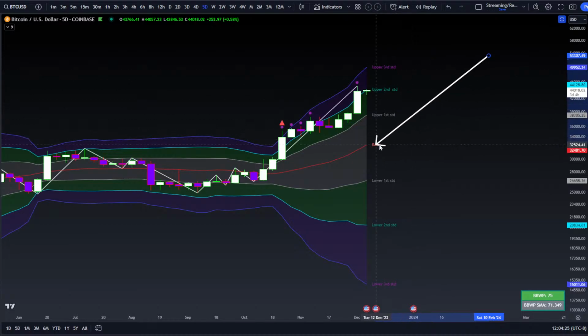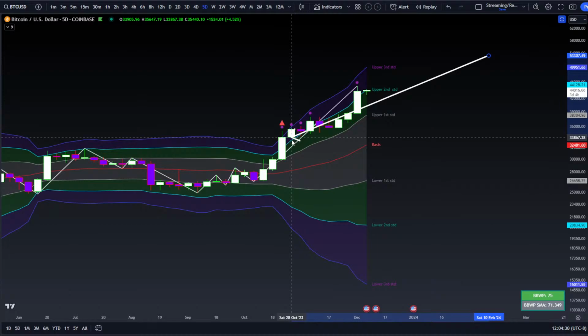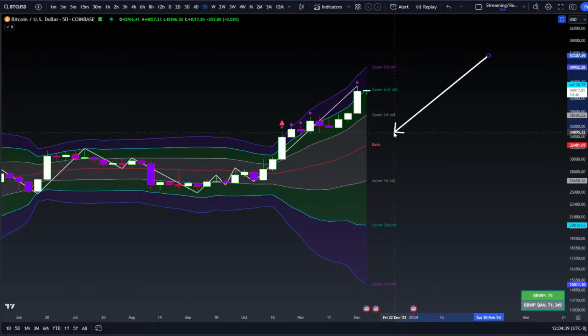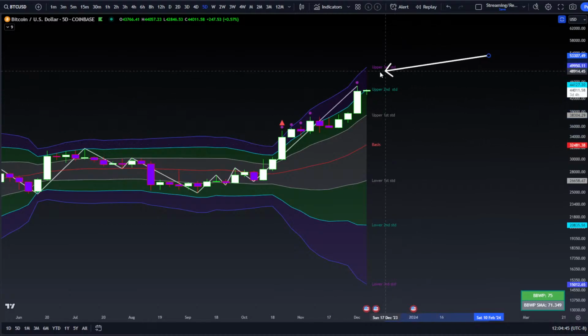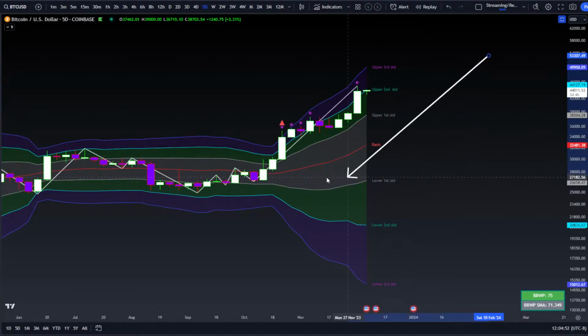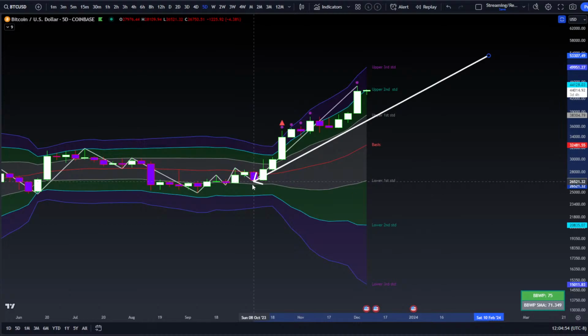We're likely to see the basis now tick up to somewhere around this consolidation, the sideways and up consolidation, maybe even just slightly below the beginning of it right there at 33.8. But it is currently at 32.4. So I would look for it to head somewhere around the $33,000 to $34,000 area for the basis, provided Bitcoin closes somewhere around this upper second standard deviation. And the lower first is above this higher low back here, and it's kind of right at it,